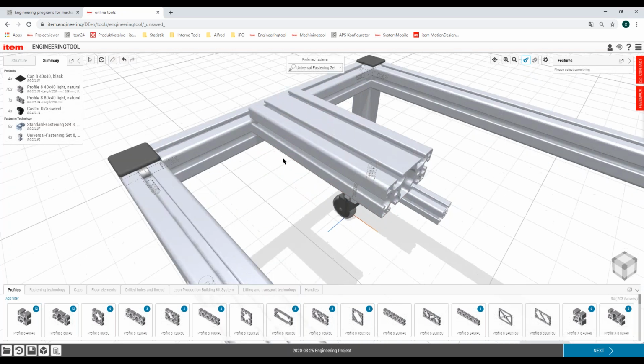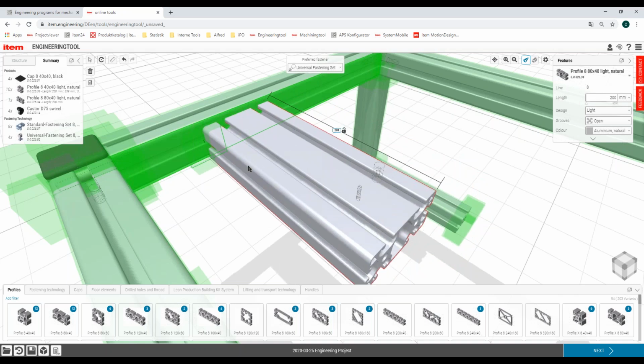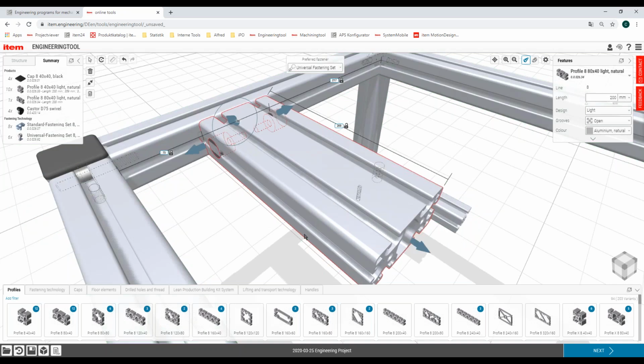and now we are close enough to see what happens. If you have a look on the left-hand side of our profile, then there is a green box at the short part of the 80 by 40 profile. And this box is used for the orientation of the profile. It's this fastener which has been highlighted, and now the profile is in the right alignment.